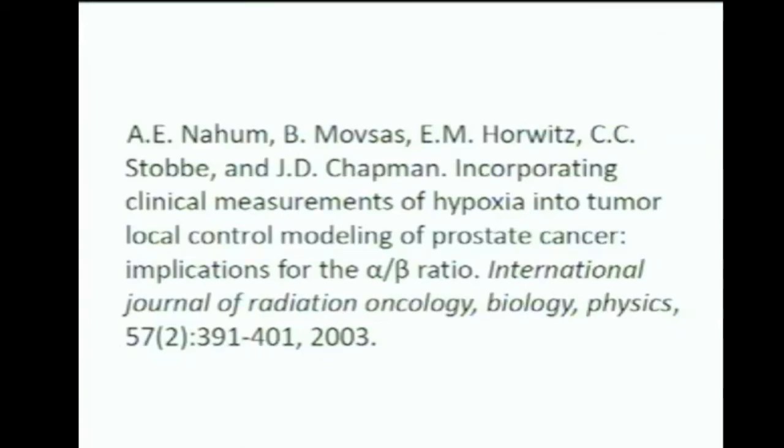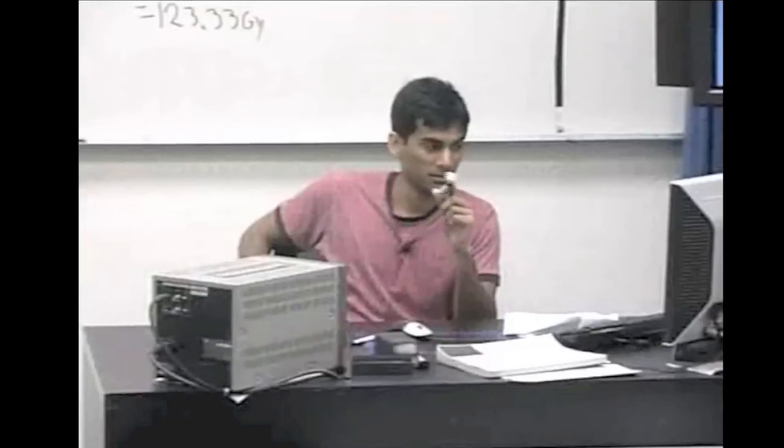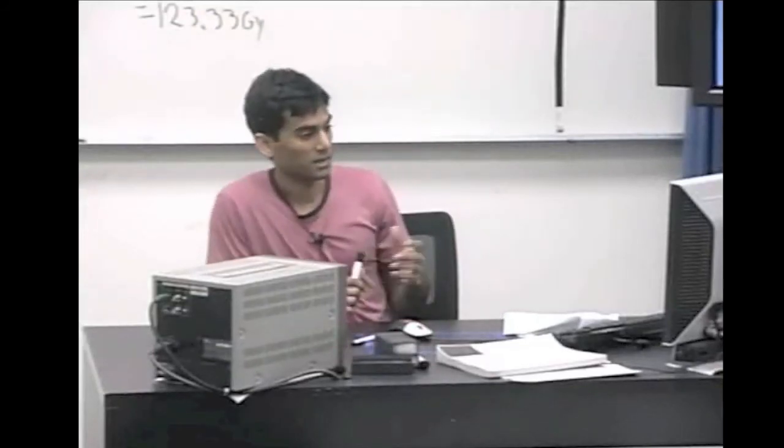Because if you remember, the alpha parameter expresses the intrinsic radiosensitivity, right? Survival fraction, or the number of cells killed, is somewhat proportional to alpha D. So remember, hypoxic cells are very radio resistant, so this might be the reason that the alpha-beta ratio is much lower. And if there is a significant presence of hypoxia in the prostate tumor, then that would mean that